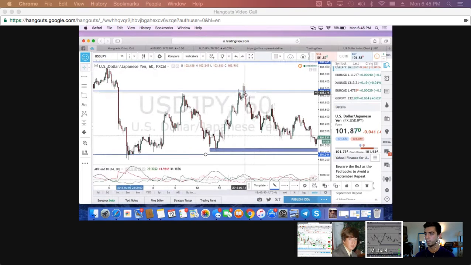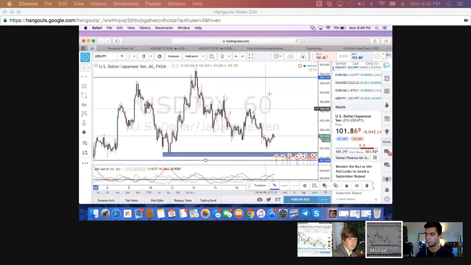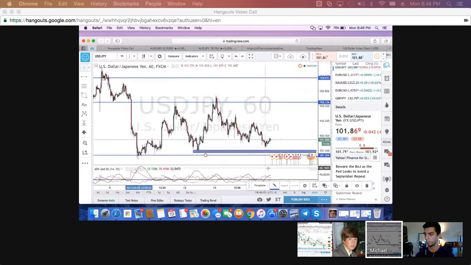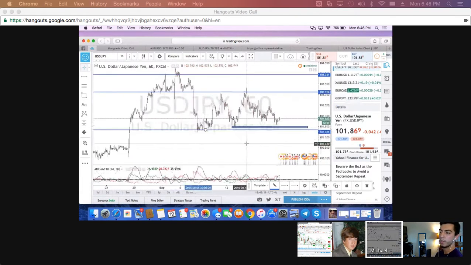up. But as you can see right here, it tried to break it and it couldn't. Came right back down. So you wouldn't have got in for the buy because it never came up and retested. So now right here, I'm waiting for it to break here or break down here and retest. So even if this goes down 50, 60 pips, I'm still not going to get in until it comes back up here and I see it retest here and make a nice reversal and then hop in. You want to get it to sort of stabilize before you jump into it.